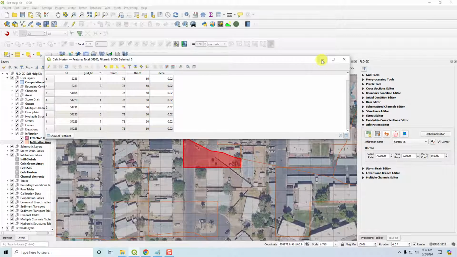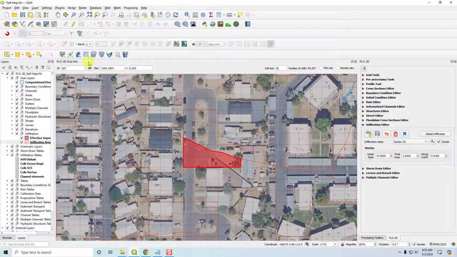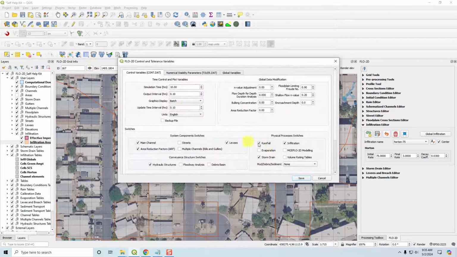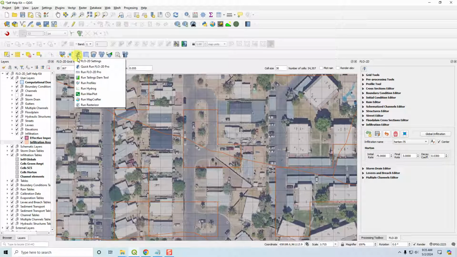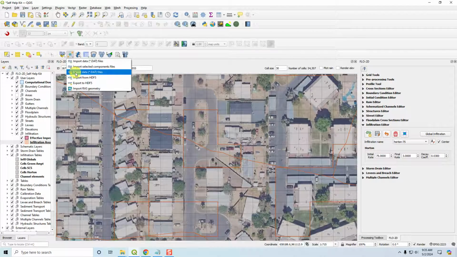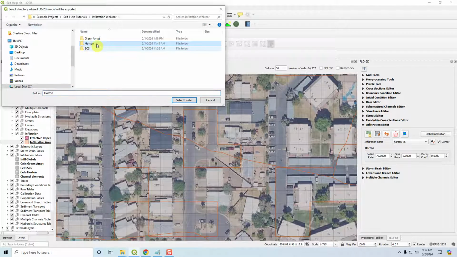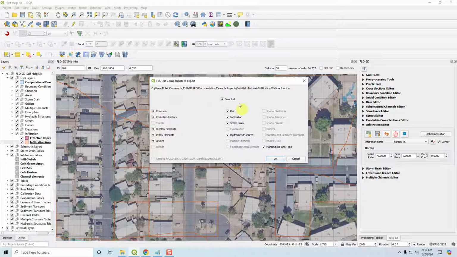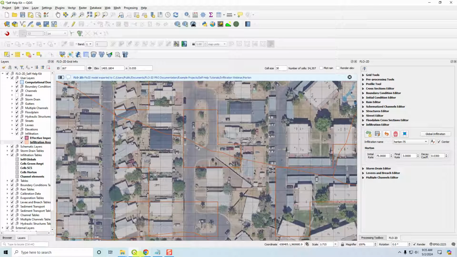Now I'm going to export the Horton data so you can see the data files. That would be export DAT files, except you probably want to make sure that you have turned on the infiltration processing switch before you run export and run, but we're just going to export to look at the data. We're not going to export and run. So we export the DAT files, and I'll just pop them in here, and you click select folder, and we don't need everything. We just want to see infiltration, and click OK. And then we go to that folder,